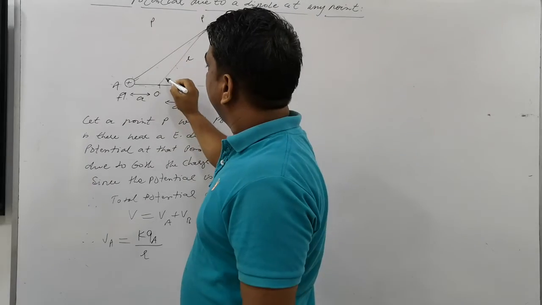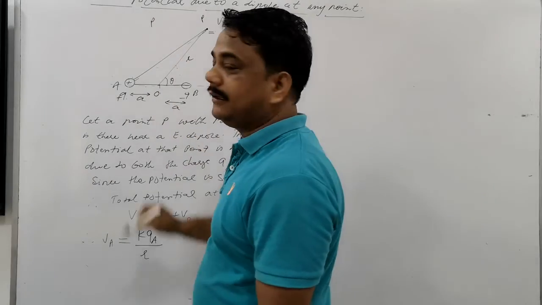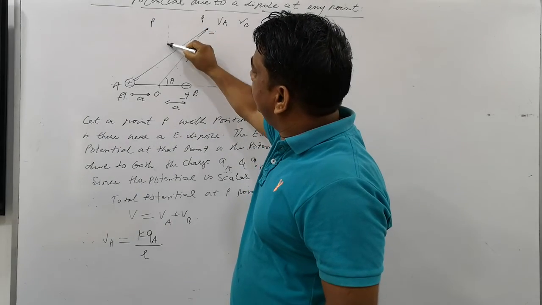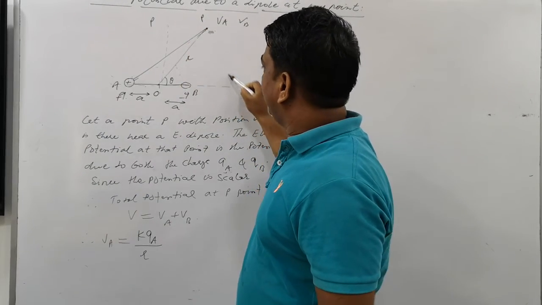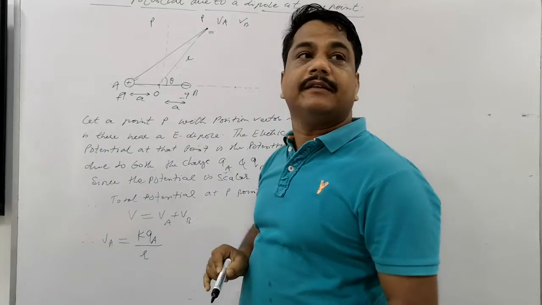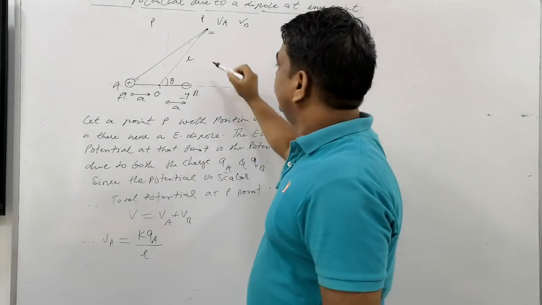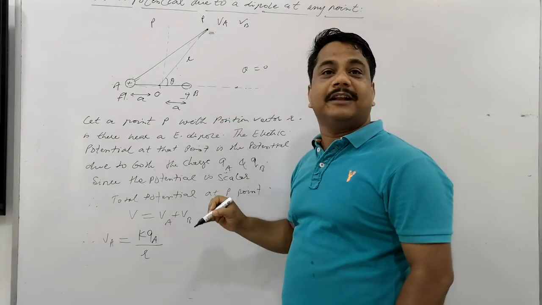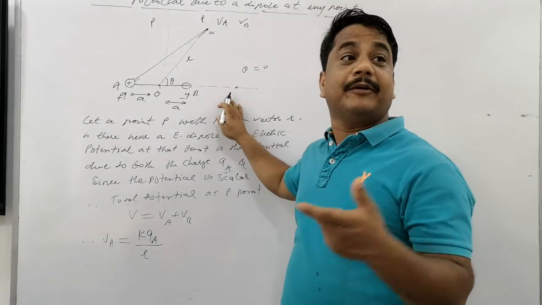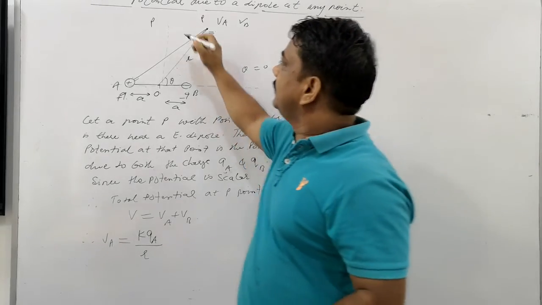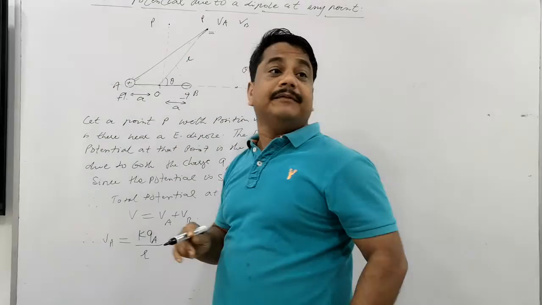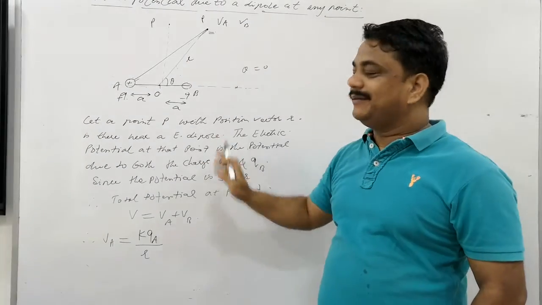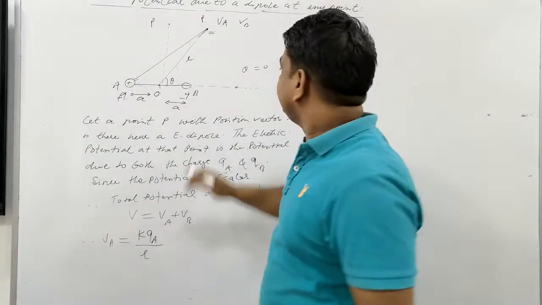So what shall we do? It's A, and this position vector is making angle theta with respect to P point. If the point is here, then theta will be 90, and if the point is here, then theta will be 0. Is that clear? So in that formula, we will put theta 0, then we can find out the electric potential at a point on axial position. If we put theta 90, then we can find out the electric potential at equatorial position, right? So I am giving this derivation right now.